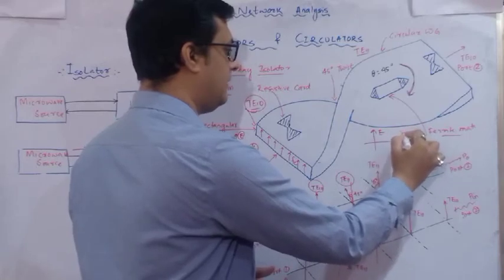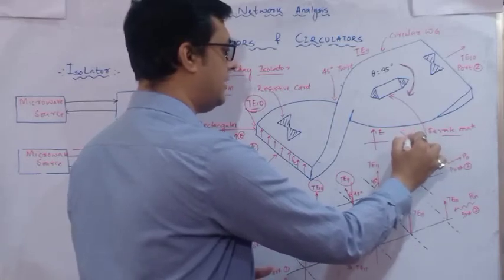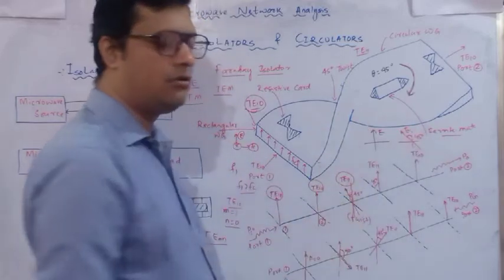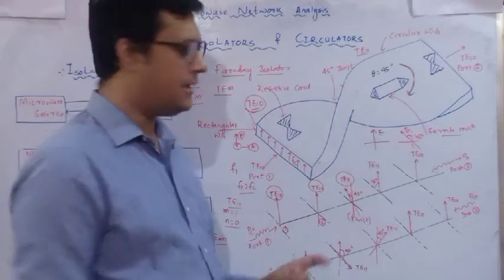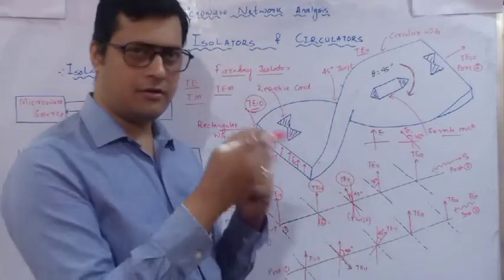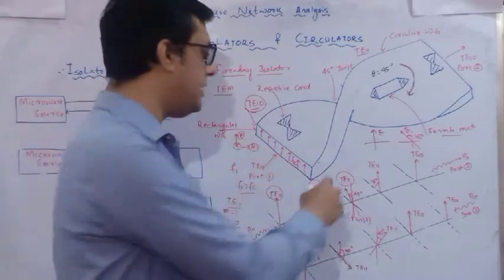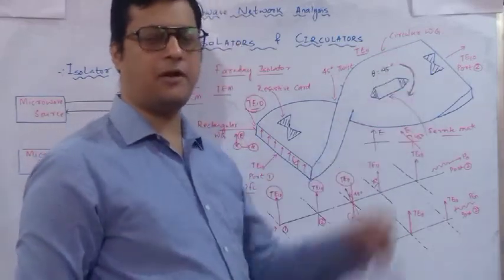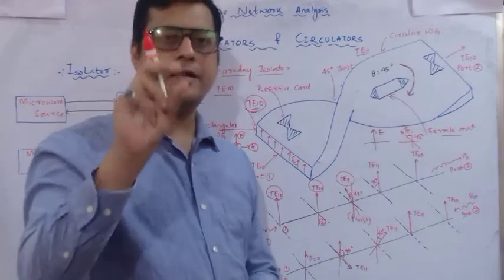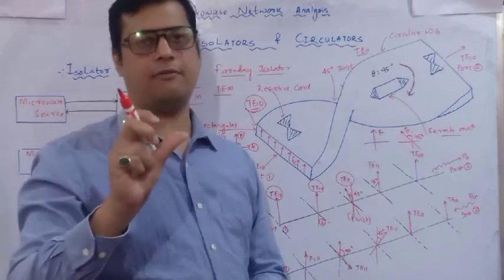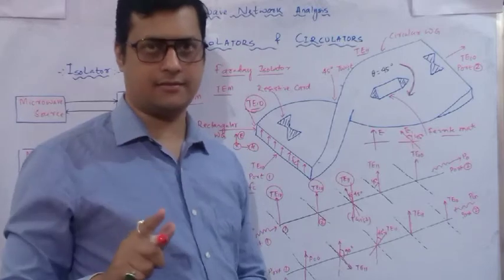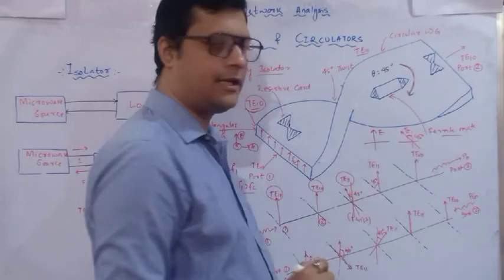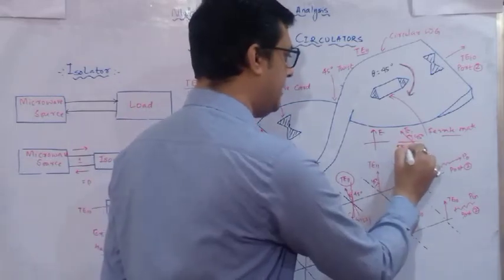This electric field will move like this. Here it is counterclockwise, meaning anti-clockwise, the electric field is moved due to the presence of this twist. Now once it is rotated toward 45 degrees with a mode of TE11, it will enter this particular point. At this point, there is one ferrite material which will rotate at an angle of 45 degrees in the clockwise direction. Now this is the position of the electric field and we have TE11.